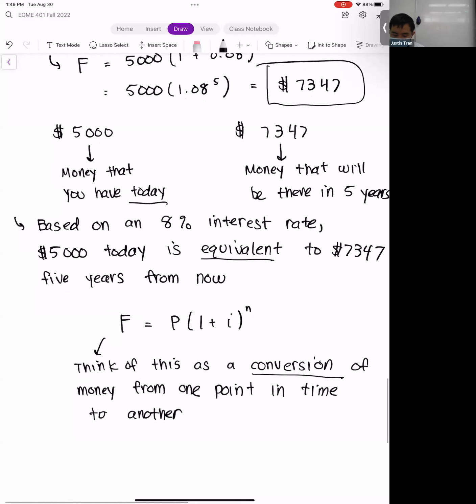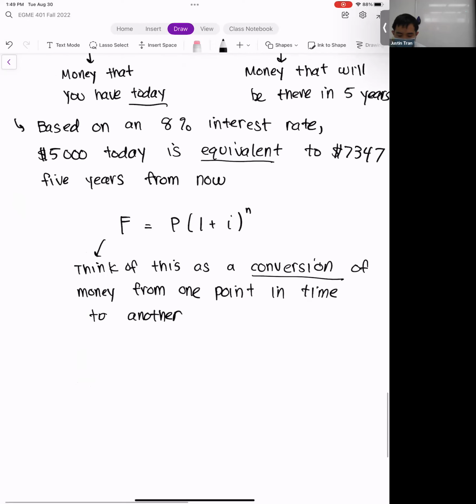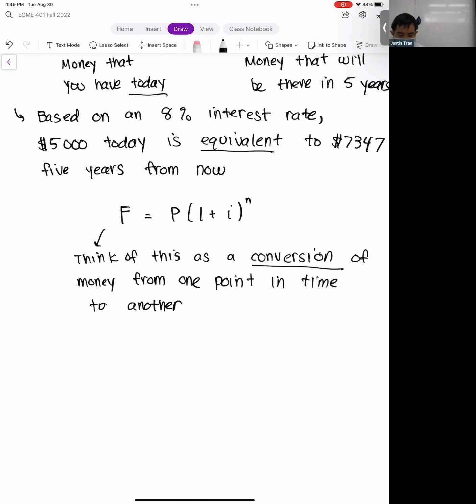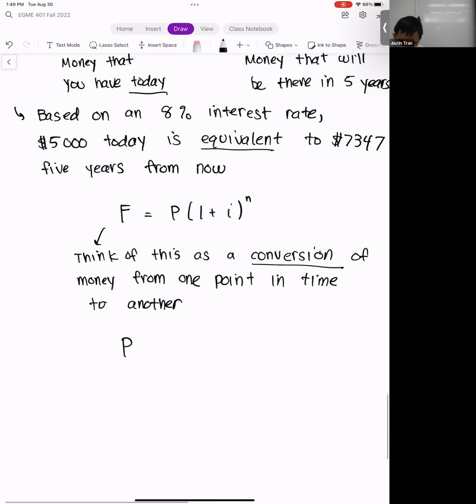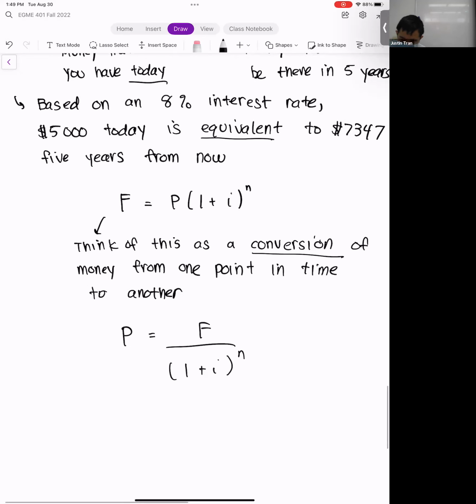Okay, and so of course you can flip this formula around too, and so you can take this formula and solve for P, right? And so if we divide both sides by 1 plus i raised to the n, then what we get is P is equal to F divided by 1 plus i to the n. Okay. And so you can manipulate these formulas based on what you need to find. Right? And so as a quick example of this,